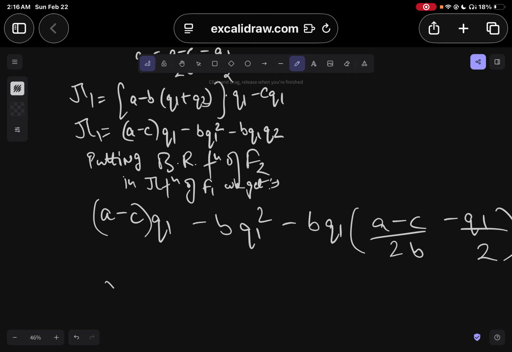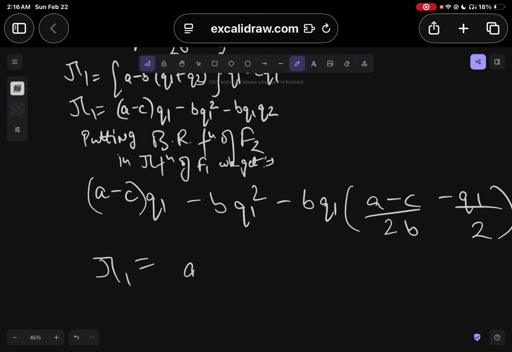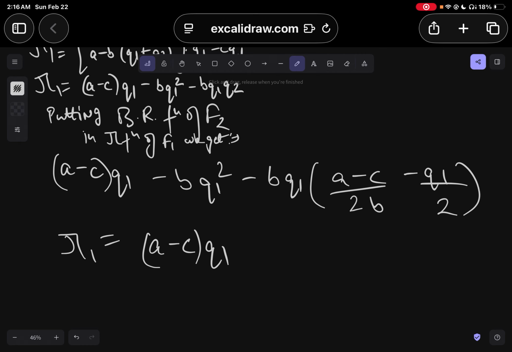Now we will get profit, which is equal to A minus C Q1 minus BQ1 square minus,